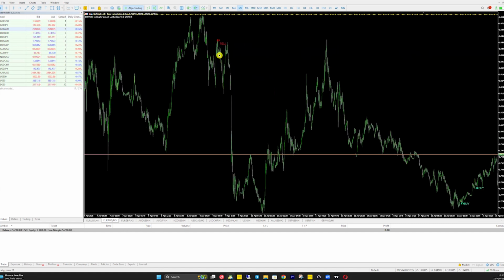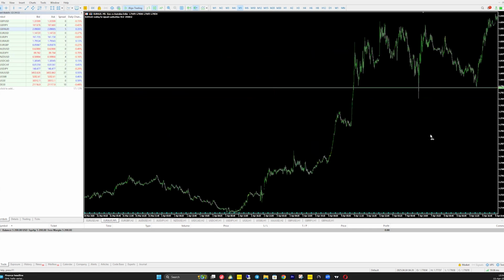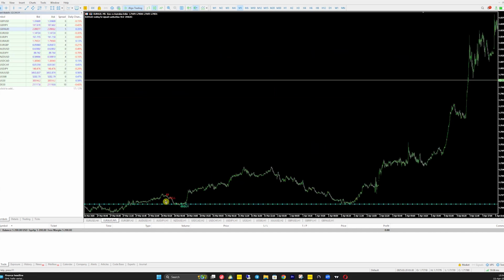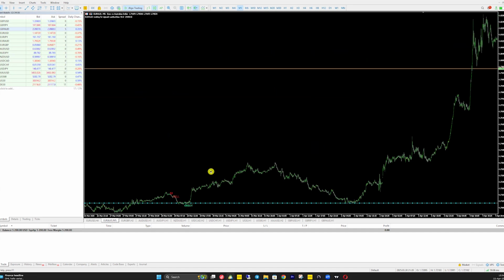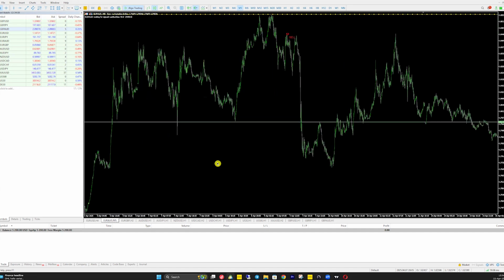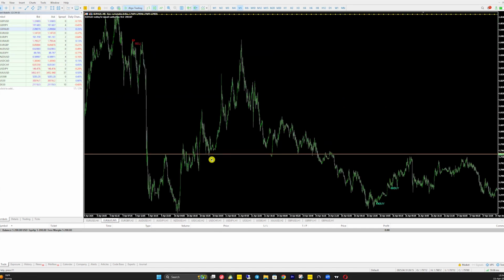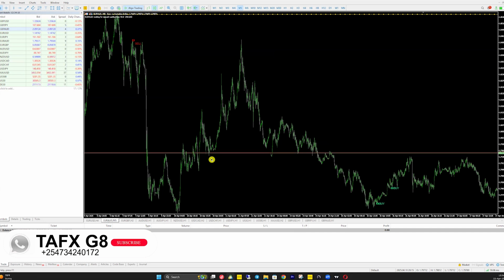So this is the best thing about the system. Then again, we have another sell here from 5 minutes, then you can scalp there. So that is the best thing about the system. You can scalp here, and again you can scalp there. This is why I don't want you to miss any opportunity for scalping, long trade and short trade, because our aim is to make sure you become a full-time trader, or you employ yourself